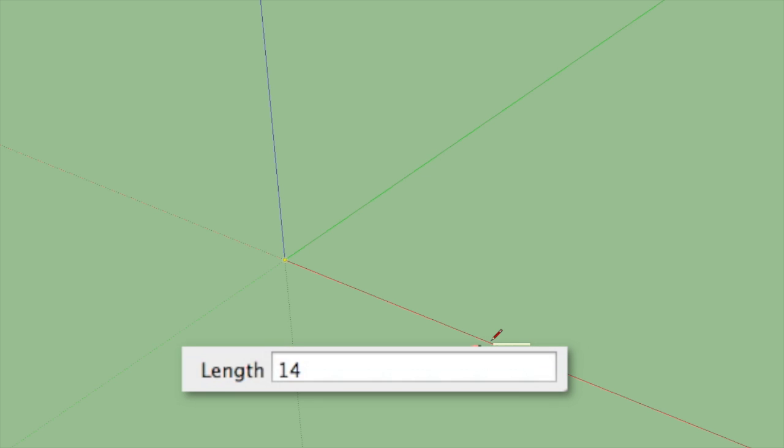This is that corner that I'm going to start with, and I'm going to start drawing a line off, snap it to the red axis, and I'm going to go ahead and type in 14'2". That's 14 feet, 2 inches, and click. Excellent. So now I've got that, and you can see I'm ready to draw another line if I want to,